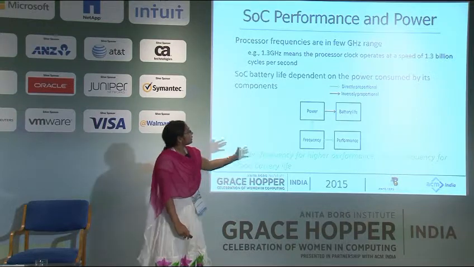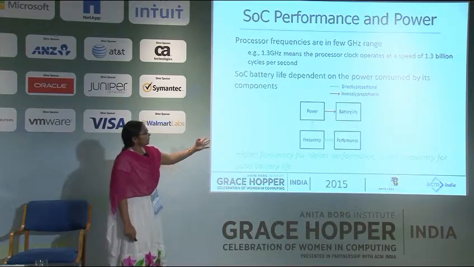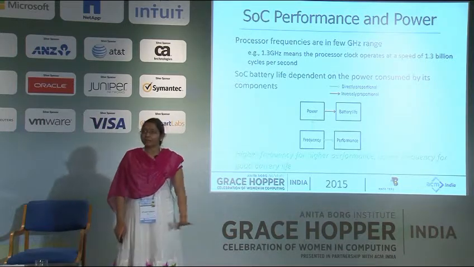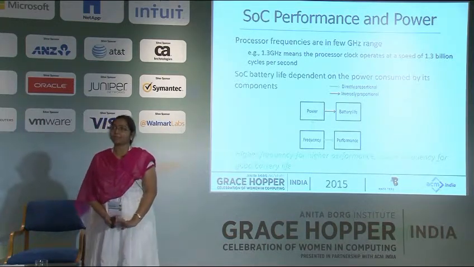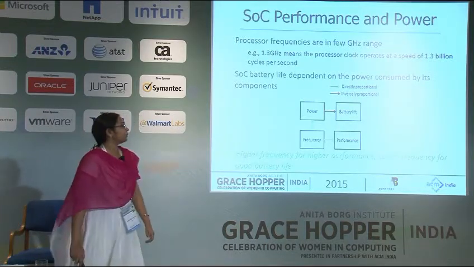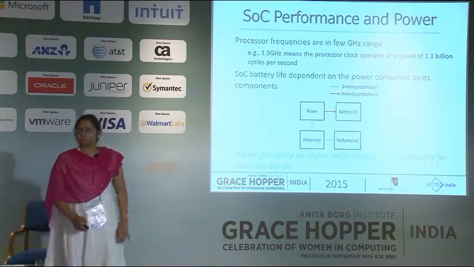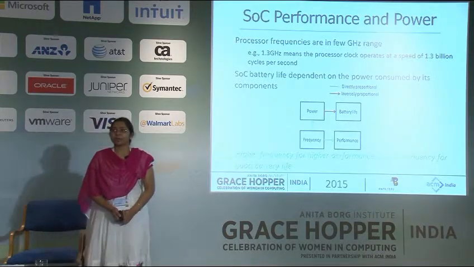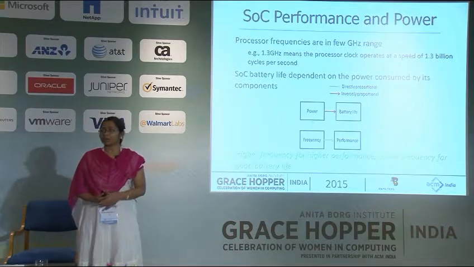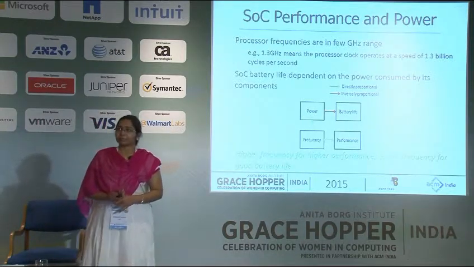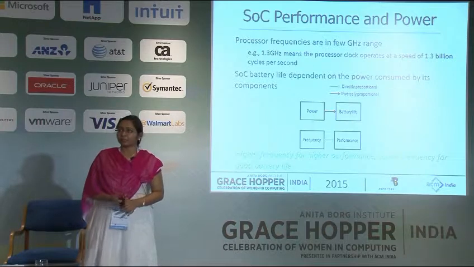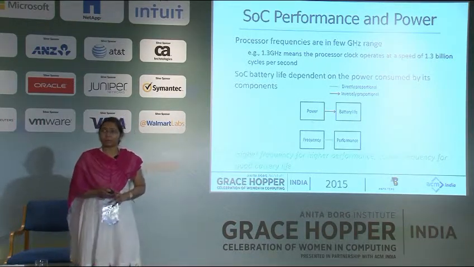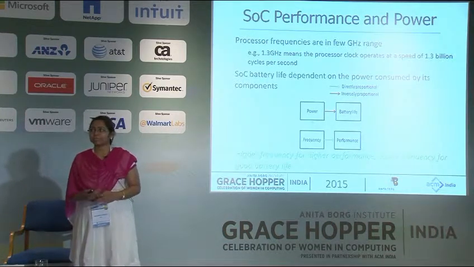So these interrelations, inverse relations and direct proportions, give us this statement: higher performance requires higher frequency, and for better battery life we use lower frequencies. So we have seen the importance of the clock, how the clock is needed for frequency, and how the clock drives the frequency. Let's see how this clock is generated in hardware and distributed.